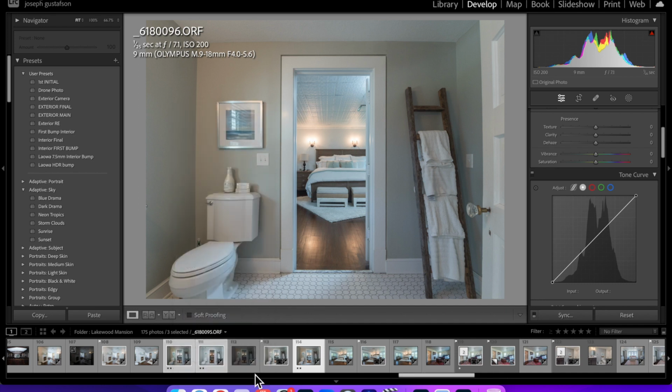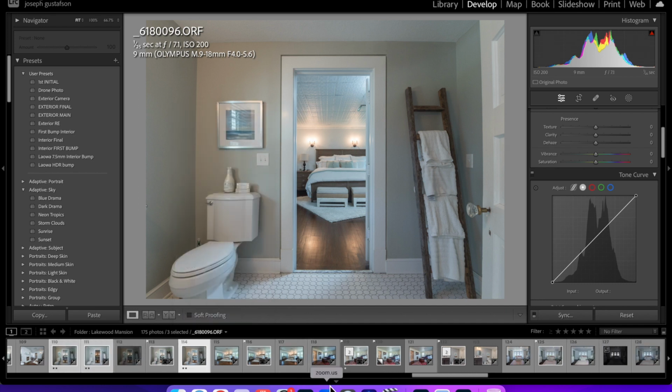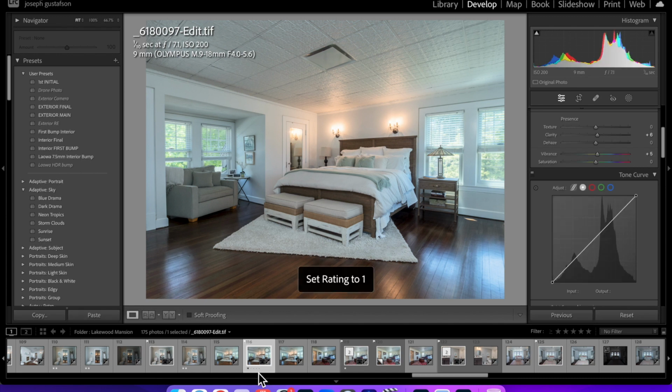The other way you can do it: 1 through 5 on your keyboard is going to give you the stars. So here's 1 on the keyboard, 2, 3, 4, and 5 is going to be the 5 stars. 6 is going to give you a red box around it, 7 is going to give you a yellow box, 8 is going to give you the green, and 9 is going to give you the blue. So however you want to organize them by color, if you work better that way. Just remember 1 through 5 is your star rating, and then 6, 7, 8, 9 is going to be your